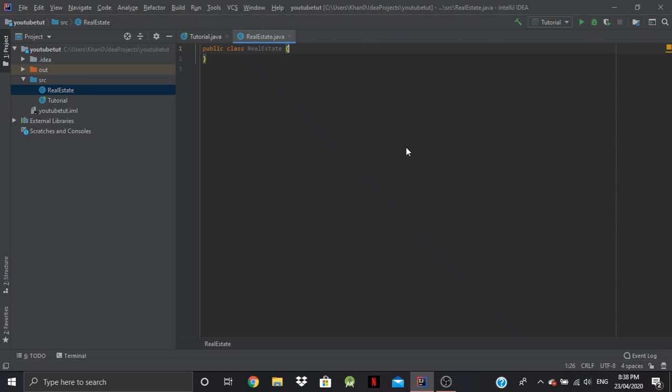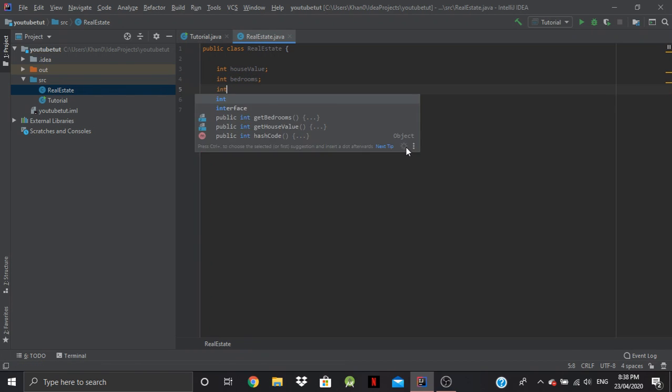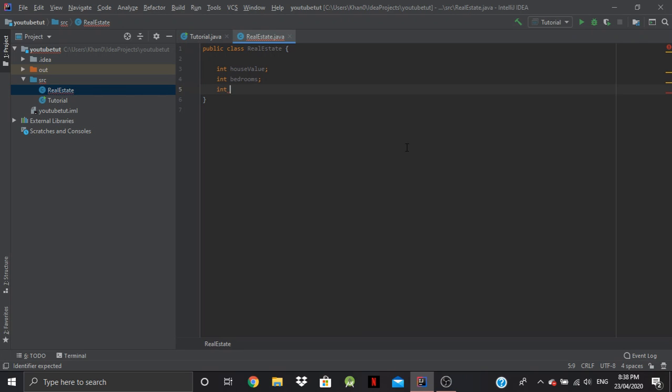Now, what is some pricey information about real estate? Well, we have the house value, and we have the number of bedrooms, and we would have the square footage or square meters. So we would say land like so. And now these will store information about the